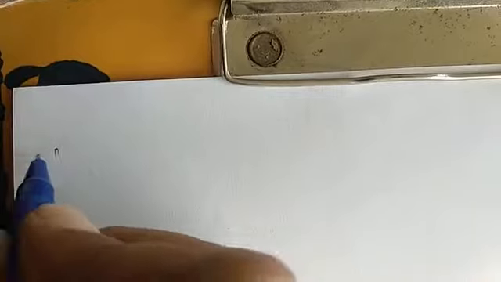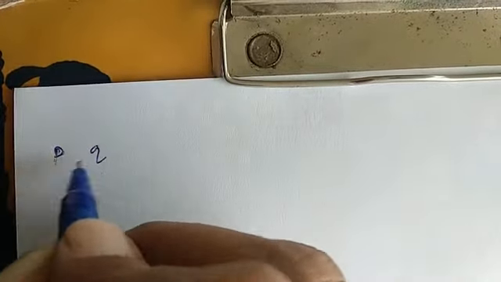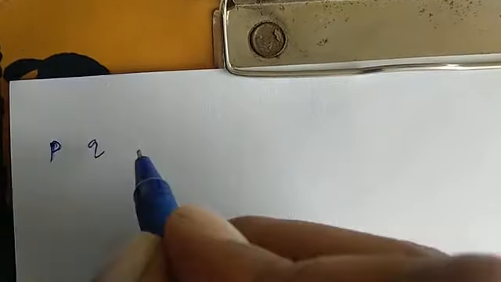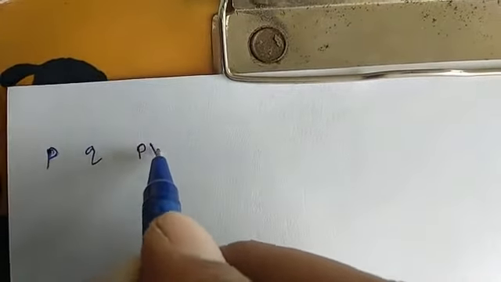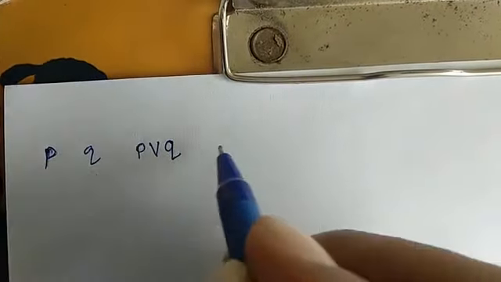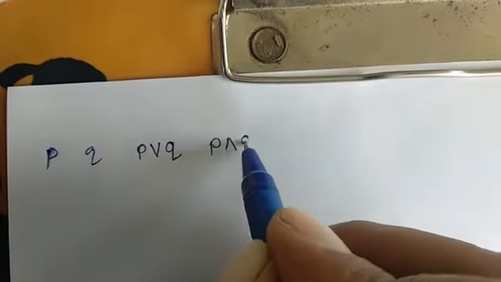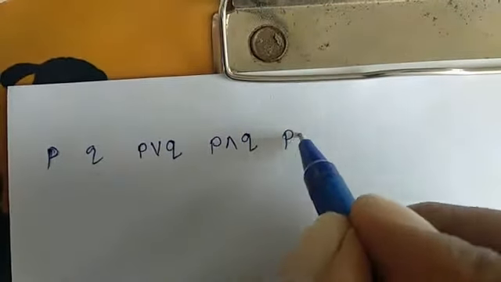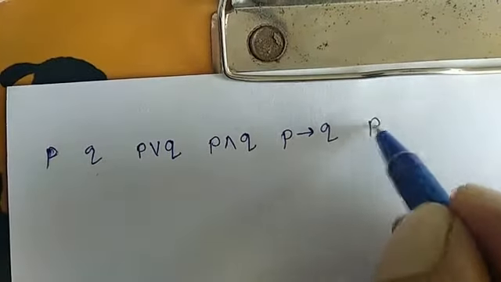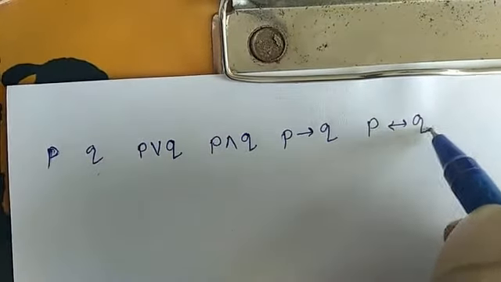Hi everybody. Today we are going to study the examples related to connectives. In the last lecture we studied connectives. In that we saw that if there are two statements P and Q, there are connectives. The first connective is P or Q. Next it is P and Q. After that it is P implies Q, and the last one was the biconditional, P implies and implied by Q.